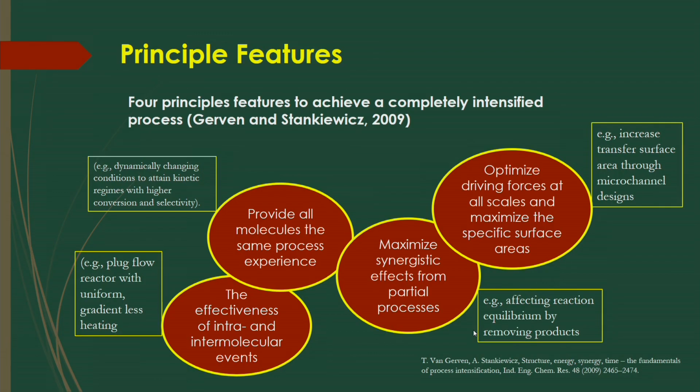Even if there are any convective processes, or heat transfer or mass transfer in convective mode, how molecules will be traveling and how those molecules will be interacting with each other, based on that the process can be intensified. Many factors affect the intermolecular phenomena of any chemical process, so some of those effects should be maximized to give the process yield.